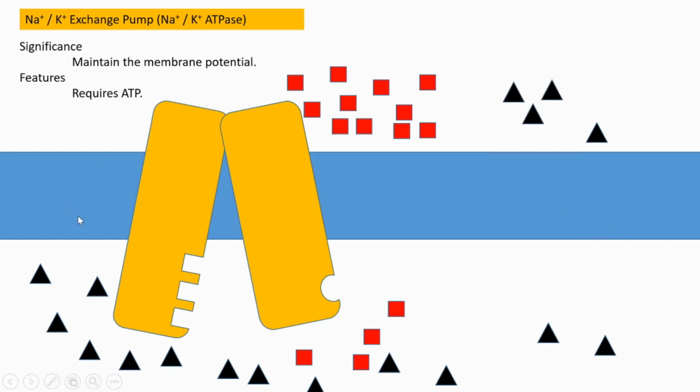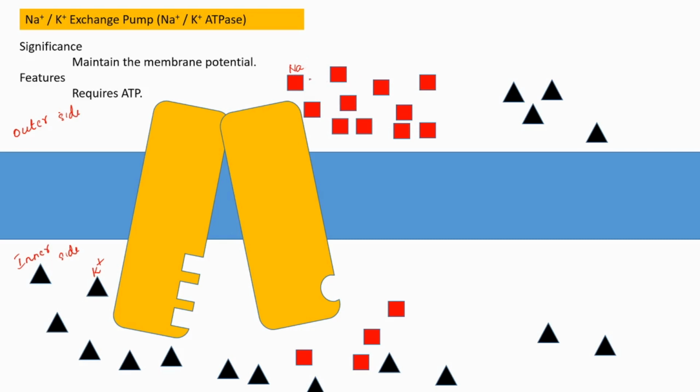This is the plasma membrane, and this is the outer side, and this is the inner side. On the outer side, the prominent ion is sodium. These red squares are sodium. The prominent ion present inside the cells is potassium. And as sodium is more in the outside,